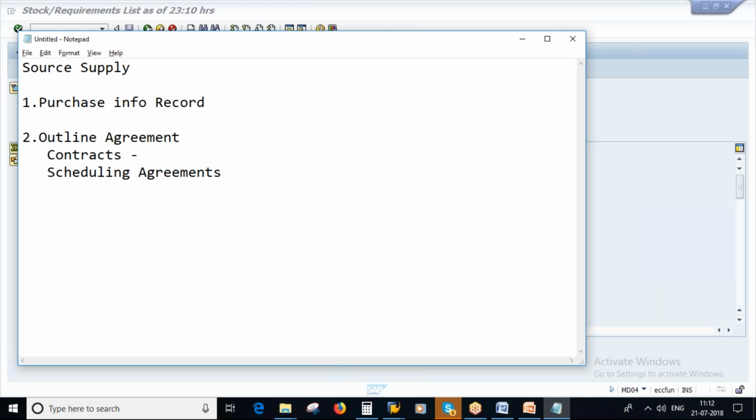Again, in these contracts you have 2 types. One is quantity contract. Another one is value contract. This one we already created, the value contract. So this one we have. Okay, so with this we are done with the, what do you call,